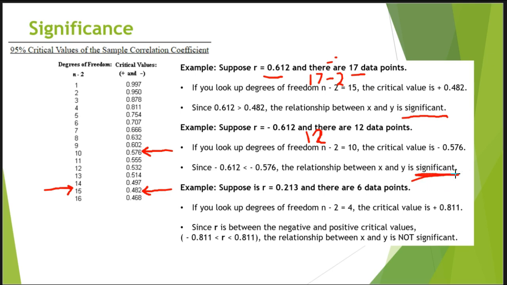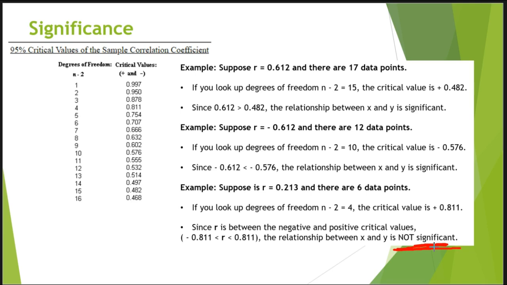In the last example, we're looking at an R correlation coefficient of 0.213, and 6 data points, so 6 minus 2 is 4. We come up here to a critical value of 0.811. So since the R is between the negative and positive critical values, the relationship between X and Y is not significant. And what I want to stress here in this one, just in case you are asking yourself why,